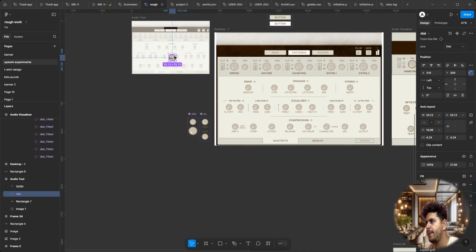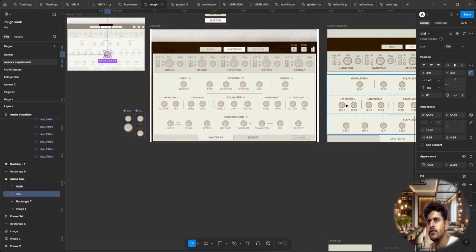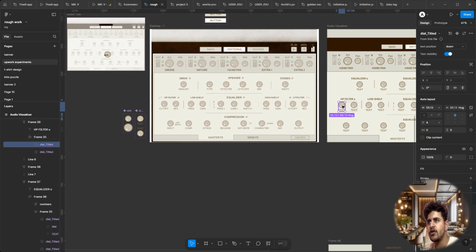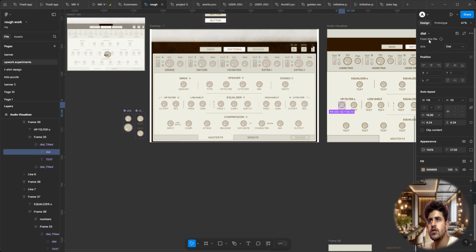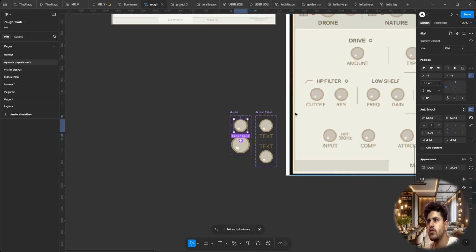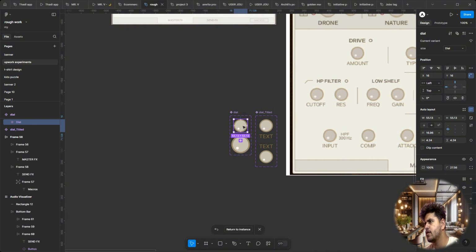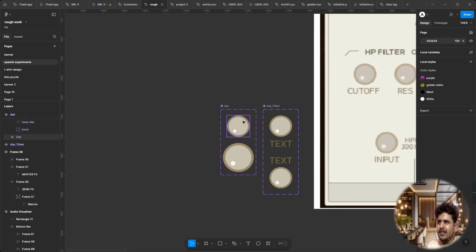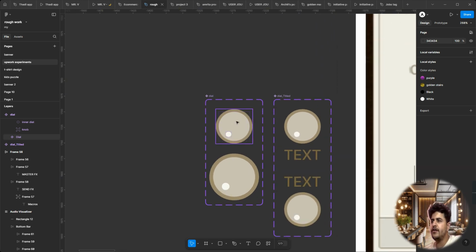Okay. So we will find the main dial component. Where is the main dial component? This. Okay. So this is the main dial component. We will select both of them, this has two variants now. So to make it 3D, we will be using some